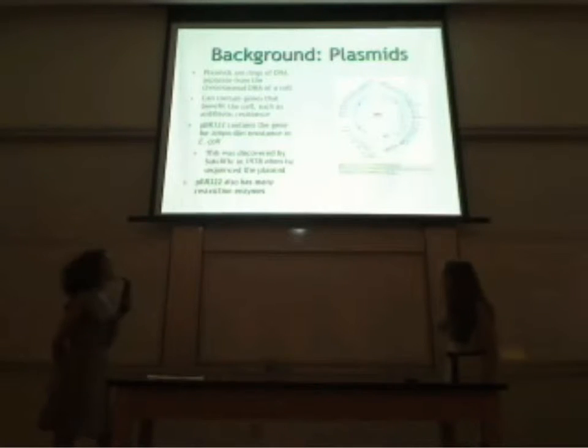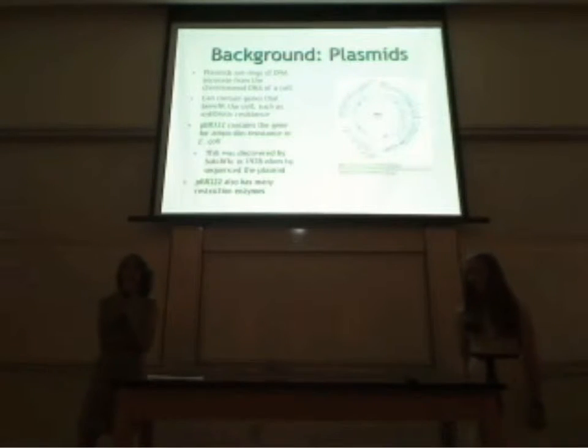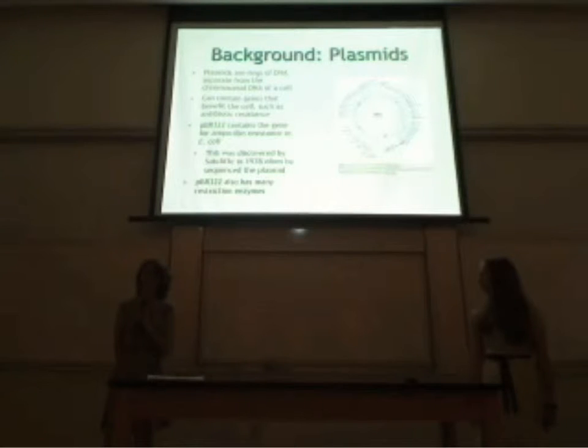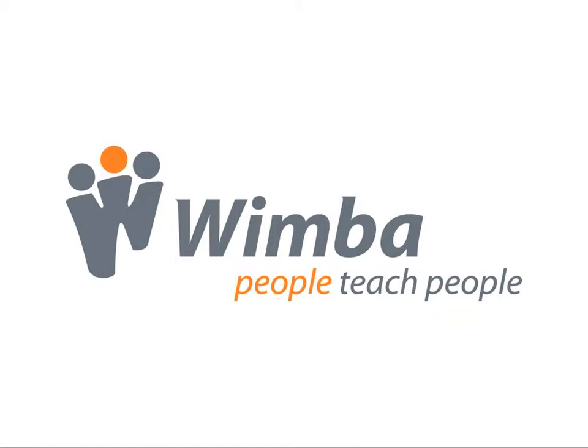So, plasmids. Plasmids are rings of DNA that are separate from the chromosomal DNA in bacterial cells. If one bacterium has a specific plasmid that encodes for a beneficial gene, it can replicate that plasmid and then share it with other bacteria so that those other bacteria can have that same gene. The plasmid that we used for this experiment to transform,